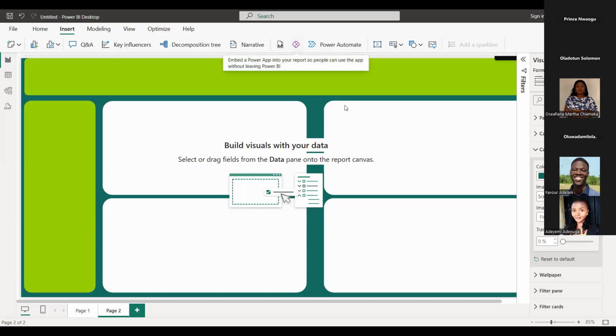So my question is, after creating the background, the framework, like you said, why did we delete it and take a screenshot and upload it back? What could be the reason why we did that?